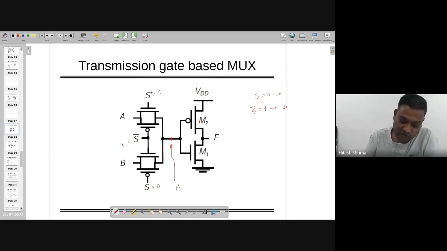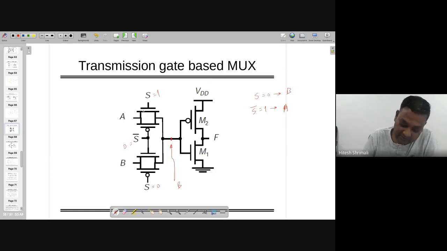So when s equal to 0, this is off, this is also off. So at that time, B is selected over here. Sorry, it's reverse one. When s equal to 0, B is the output, and when s equal to 1, you can keep the other one. You will see that s equal to 1,